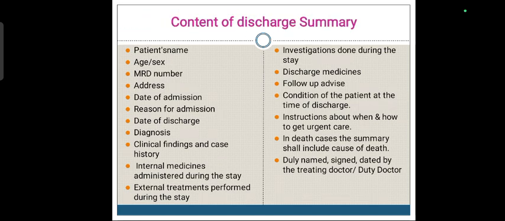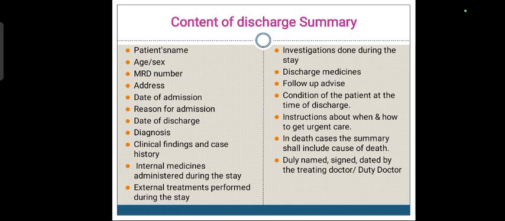The discharge summaries must contain patient name, age, sex, MRD number, address, date of admission, reason for admission, date of discharge, diagnosis, clinical findings and case history, internal medicines administered during the stay, external treatments performed during the stay, investigations done during the stay, discharged medicine, along with all the details as described in prescription, follow up advice, when to take advice,